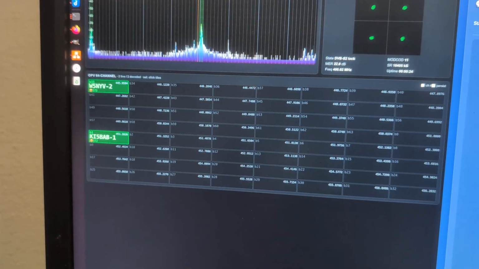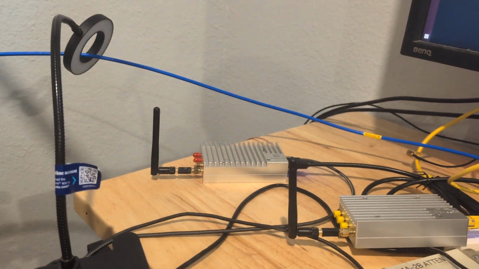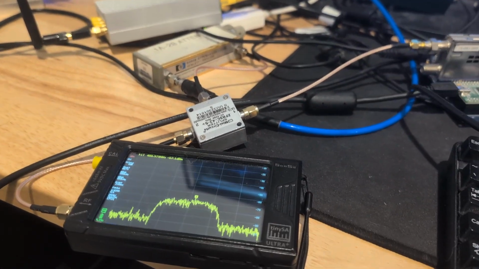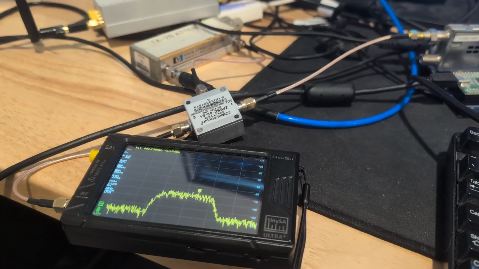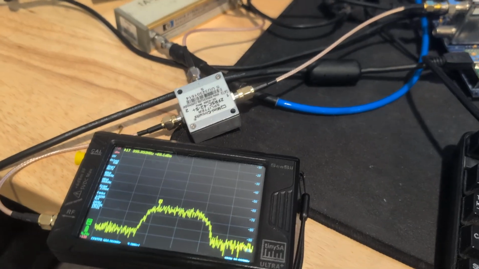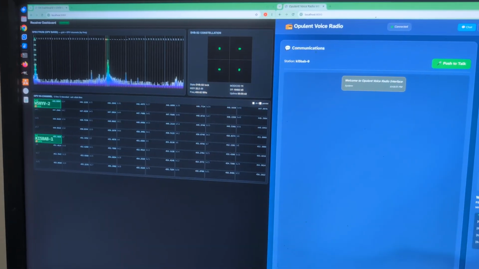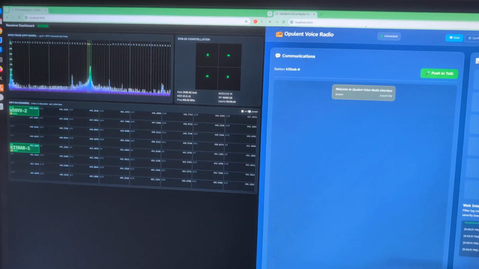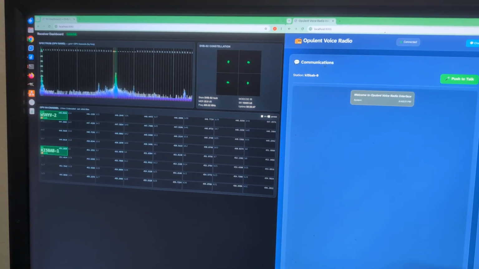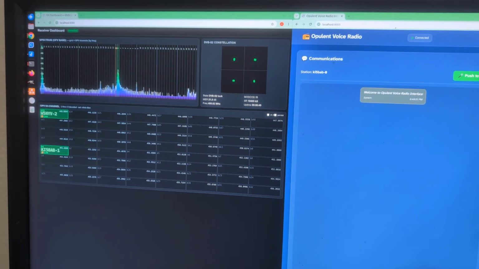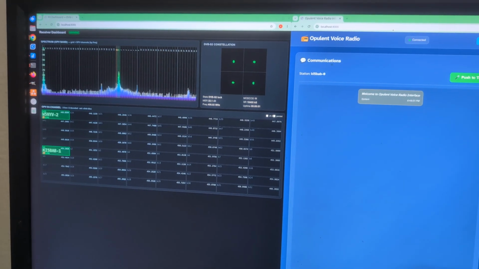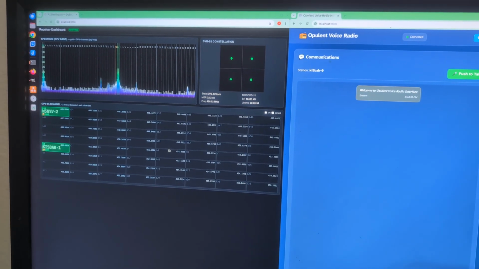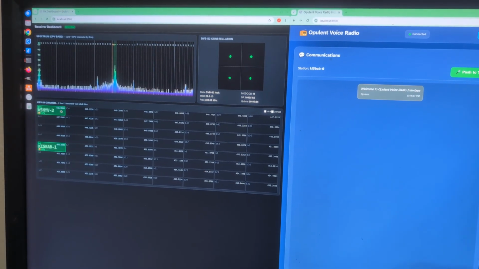Right now we have the two active channels from these two transmitters, and as you can see here, the split for the DVB-S2 signal is being shown as well. So now the system is up and running. The way that you operate this currently, subject to change, is you select the channel you wish to listen to out of the 64 channels,